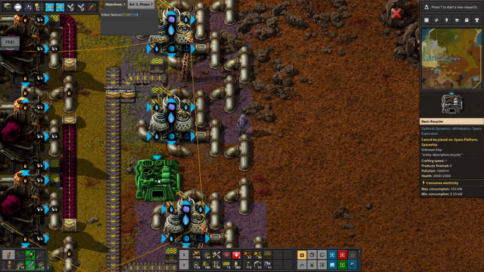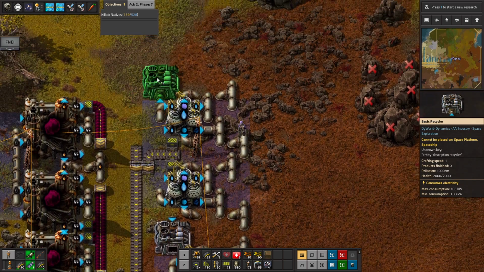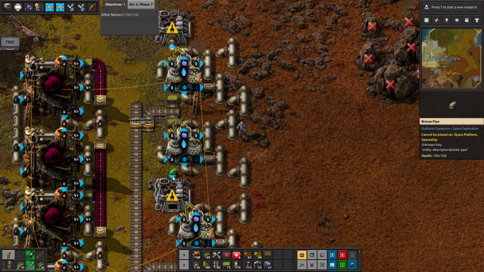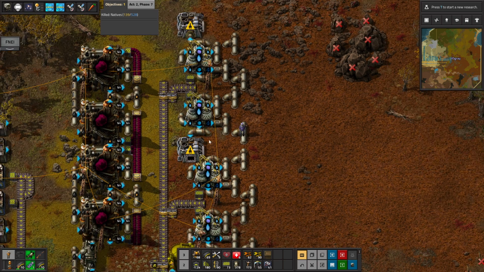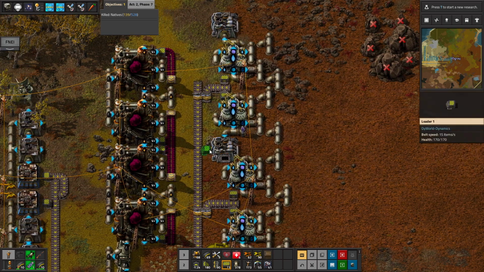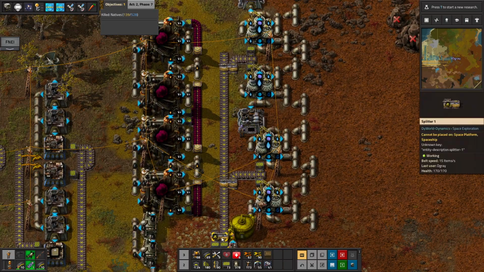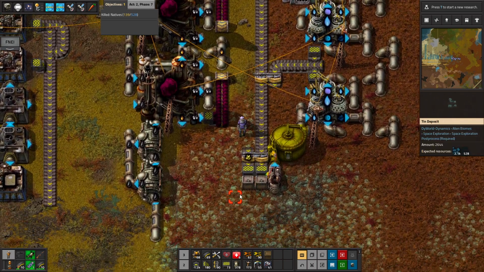Perfect. So set one here. And we'll do one at the top as well. Here, and you can go here and here. That way we burn every fluid we have in surplus. This will give us an output of exotic matter. Might just want to output it onto this belt. But yeah, let's